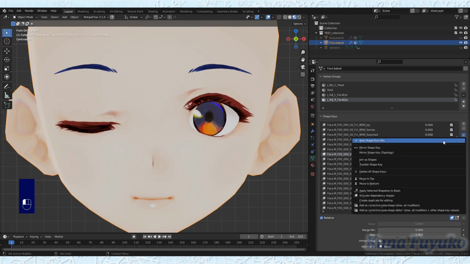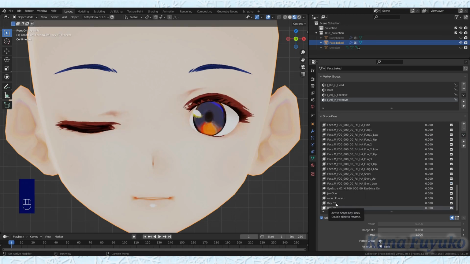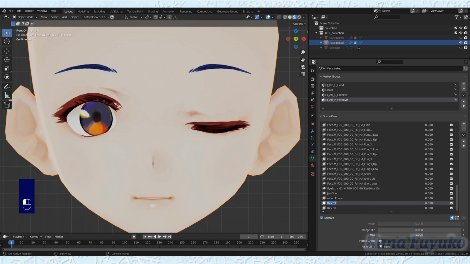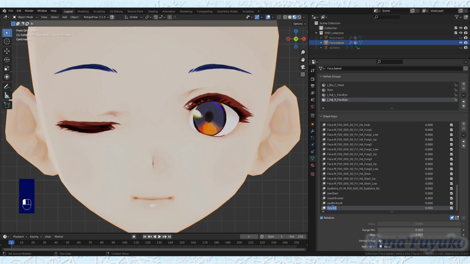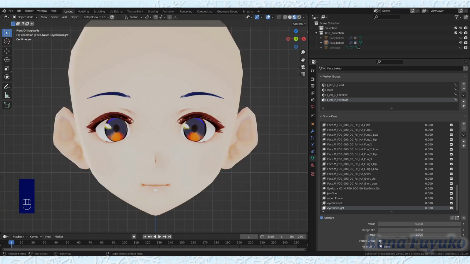So there's left, then we got right. So then we're gonna name this EyeBlinkLeft. I'm also gonna make it lowercase. My bad, I made that capital. So EyeBlinkLeft, EyeBlinkRight. Alright, so now that we have the eye blink blend shapes, now we have to make the eye widening